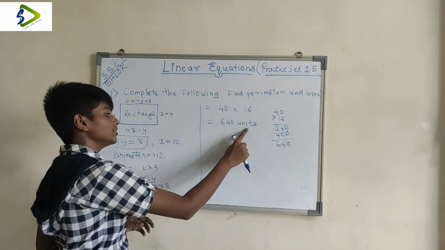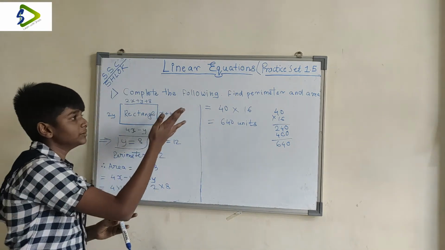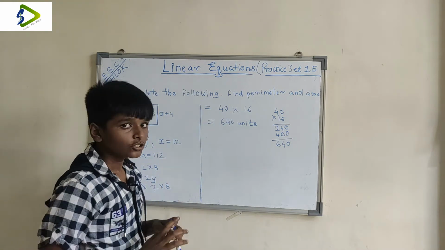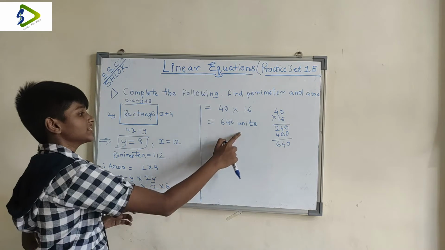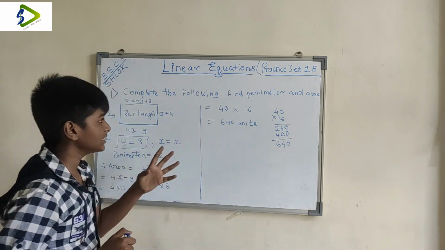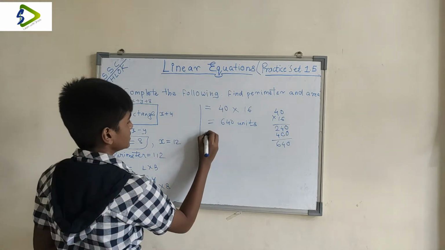Now you might ask a question, why have I written units over here? That is because they didn't give centimeter, meter or anything in the question. So if they haven't given centimeter, meter or anything like that, you must write units over here. So that is the answer to the perimeter and area. So our final answer is,